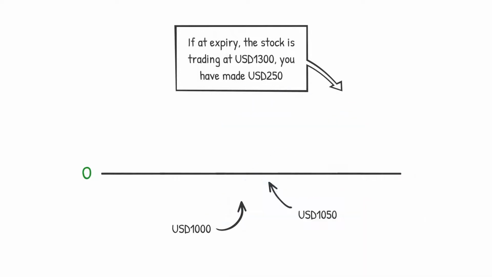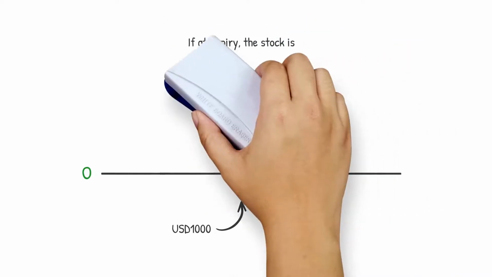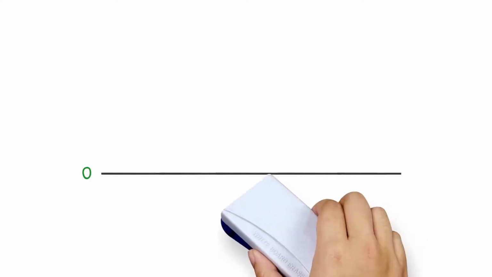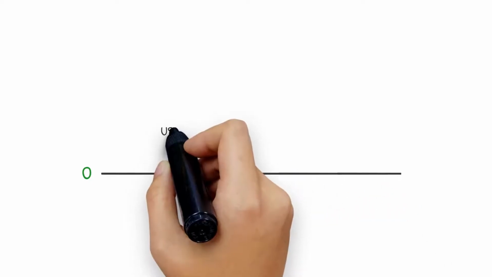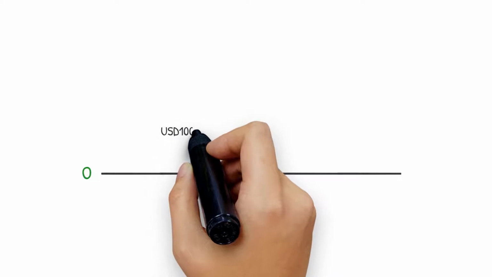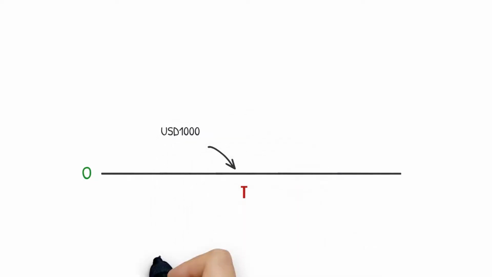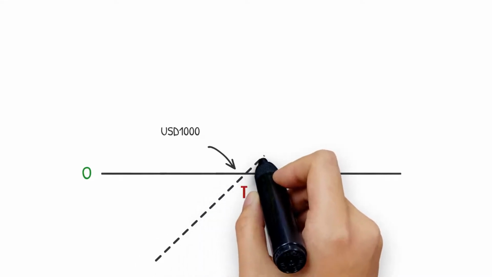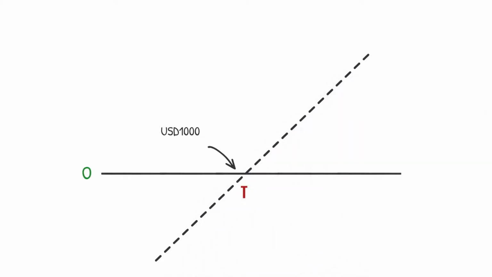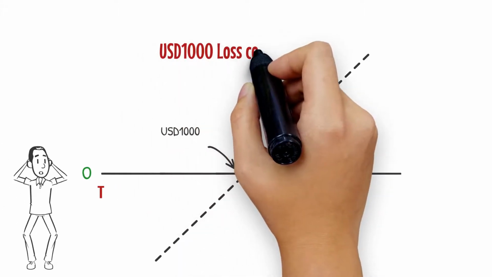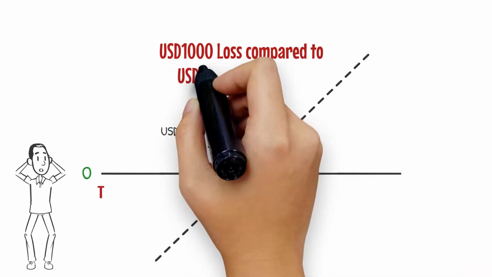Let's compare that to trading the actual equity or underlying. So, starting with our zero profit and loss line, if you buy the stock at say 1,000, you save yourself a $50 fee, but your loss is potentially $1,000 for every one share of exposure you have. In other words, if some crazy outlier event had to happen and Tesla had to go to zero, you would lose $1,000 for each one share of exposure you have, compared to a maximum loss of $50 if you had